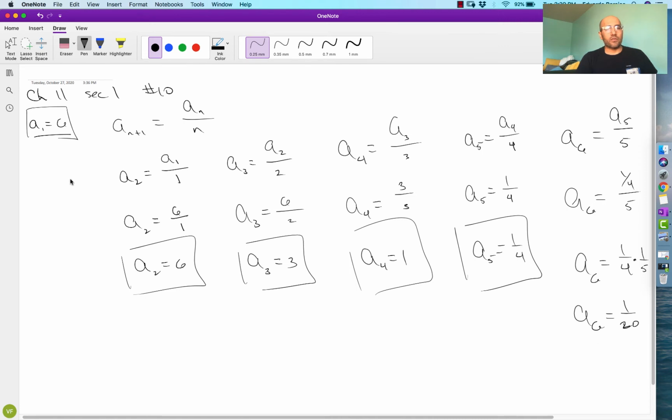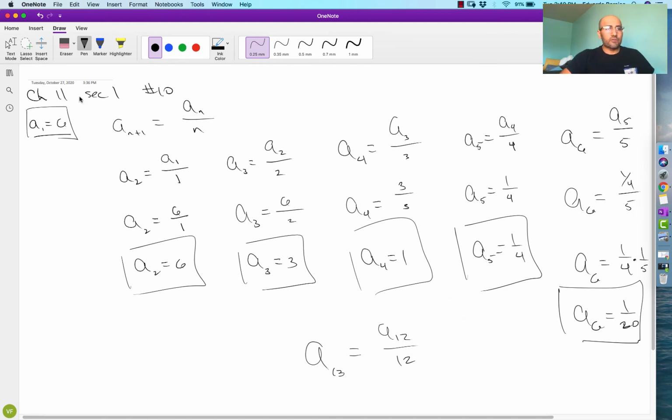Good. Okay, so the limiting factor of these is that you can't just jump to some value down the line. Like if I wanted to know a sub 13, well, that's going to be equal to a sub 12 divided by 12. I need to know the value of a sub 12. So I can't just jump to the 13th value on this list. You have to find them in order, starting from some place and finding the next one, the next one, the next one. So it makes it difficult to find some large value.